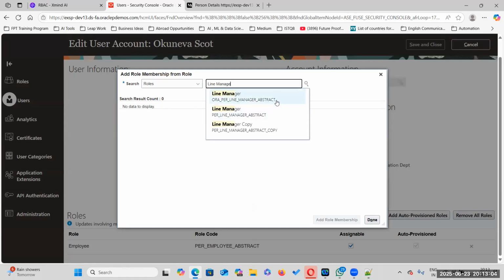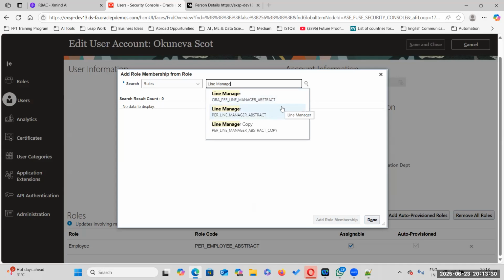So here there are two things. Always remember there will be two things: per line manager abstract and aura per line manager abstract. We have to select one. Sometimes there is an issue of not getting this one, so you can select whichever is coming.